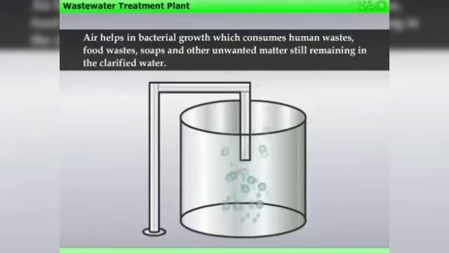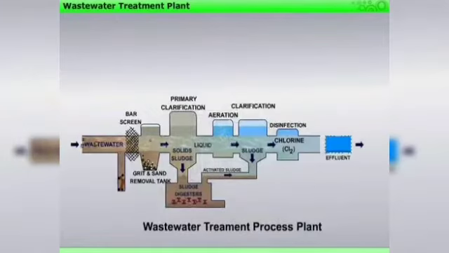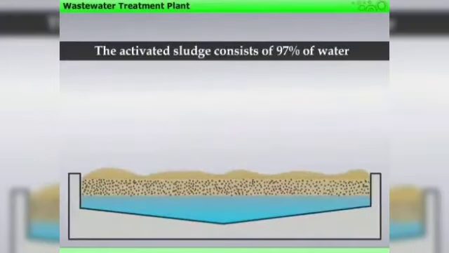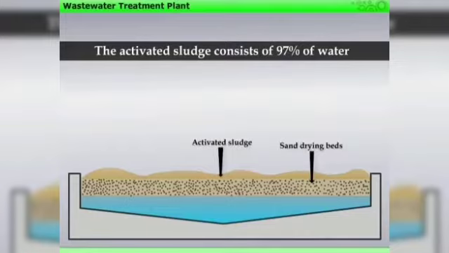Now, the next one, it goes to the clarifier. That is where all the bacteria and all that is taken away, all the waste, maybe human waste, all that which is mixed in the water, it has been eaten by the bacteria. The sludge has already settled down. Then from the aerobic process, when it is going on, the air will be released. See, the digester, the water goes to the digester. That's another tank.